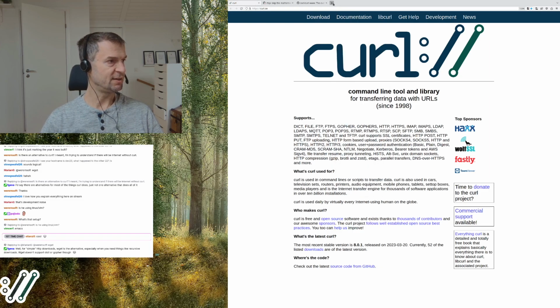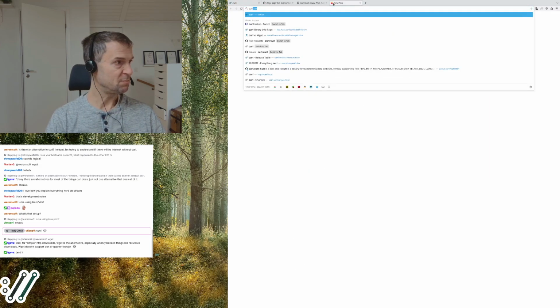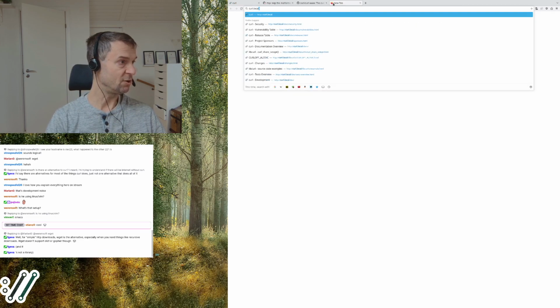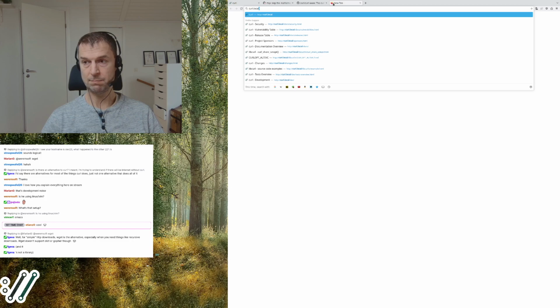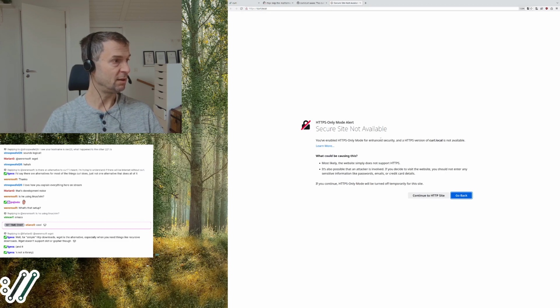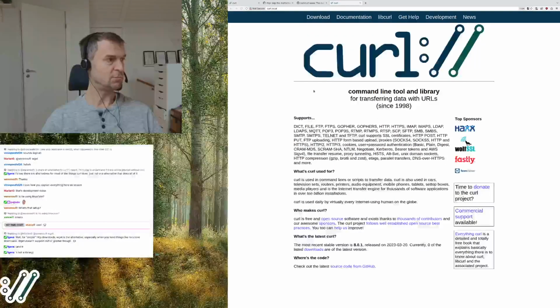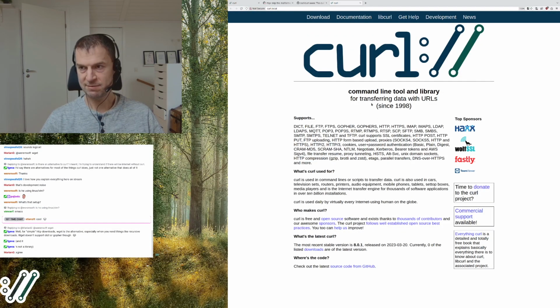So if you want to develop the curl website, you can create a curl.local in your /etc/hosts and point it to your directory, and then if you just agree to it not being HTTPS. So curl.local, this is my local copy, this is my machine hosting this.